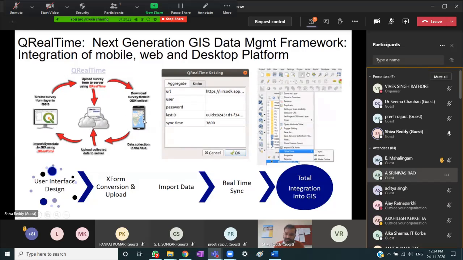Because I don't want to collect data, I want to bring the data already collected on the server into GIS so that I can do spatial mapping and further analysis. So we have an option called import. As soon as you click import, you see the names of all the survey forms for which data has been collected. Suppose there is a health survey,